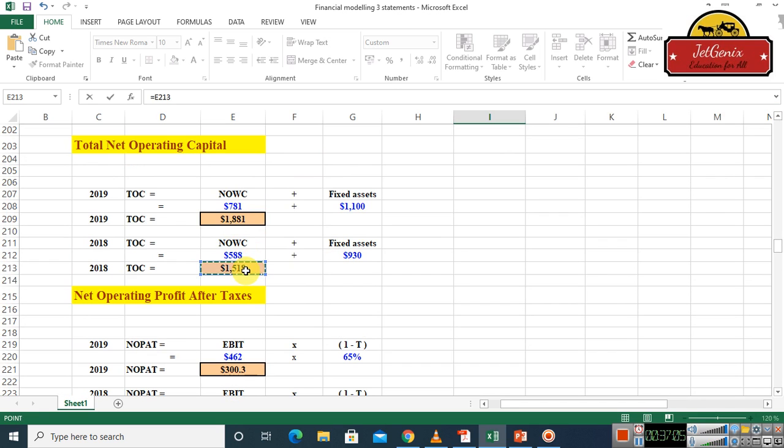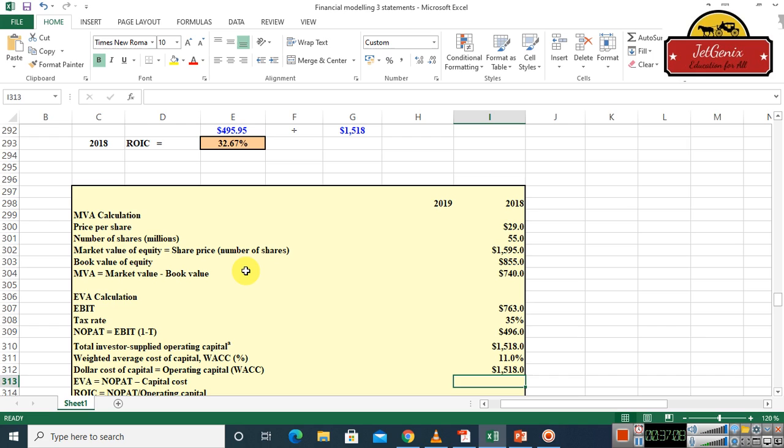Take this one, press enter, and oh, sorry guys, take this one and multiply it by the weighted average cost of capital, which is this one, and press enter. Now you see the cost of capital is equivalent to $167 million,